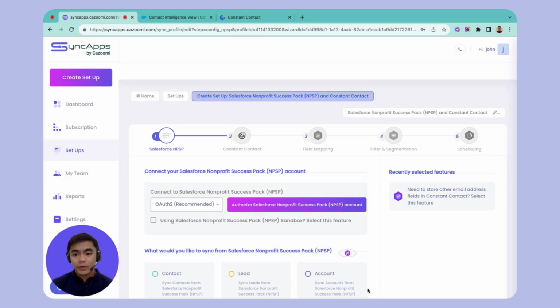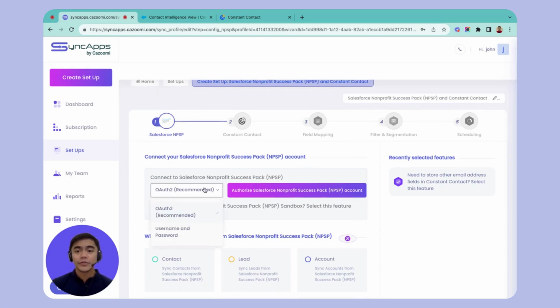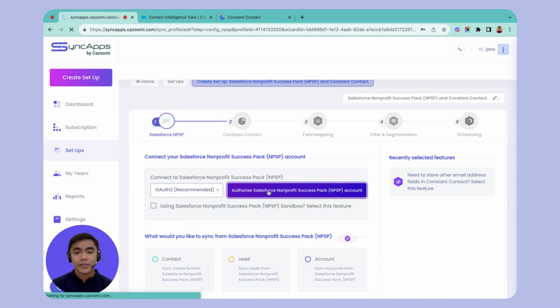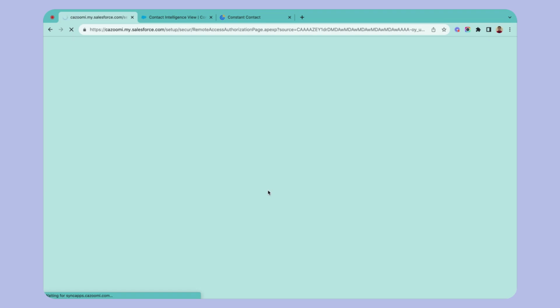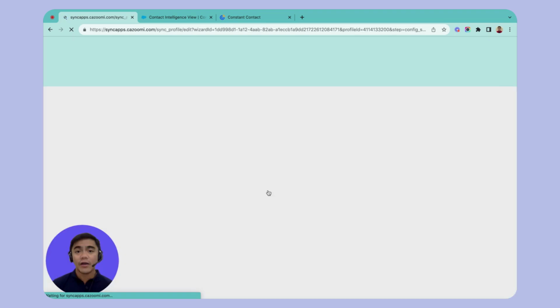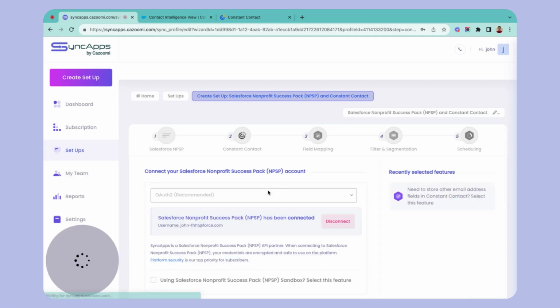In step 1, there are 2 types of authentication you can use, either OAuth2 or username and password. But if you want to utilize your Sandbox account, all you need to do is tick this checkbox, then you're all set. In this case, I'll be using OAuth2. So all I need is to click this authorize Salesforce Nonprofit Success Pack account. And by the way, here in SyncApps, we are a Salesforce API partner, so platform security is our top priority for our subscribers. Once you have connected your account here in step 1,